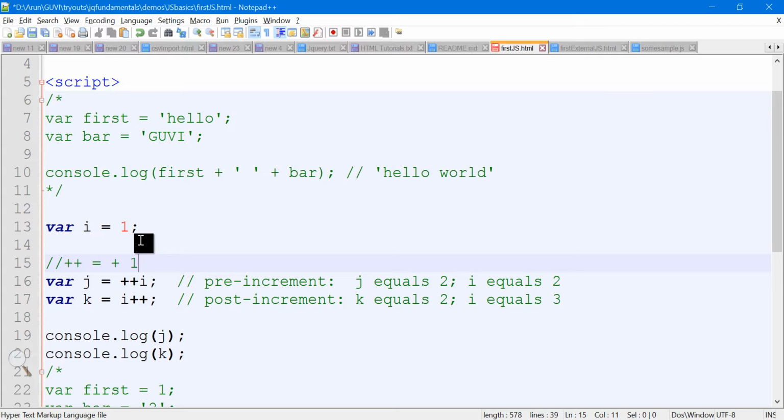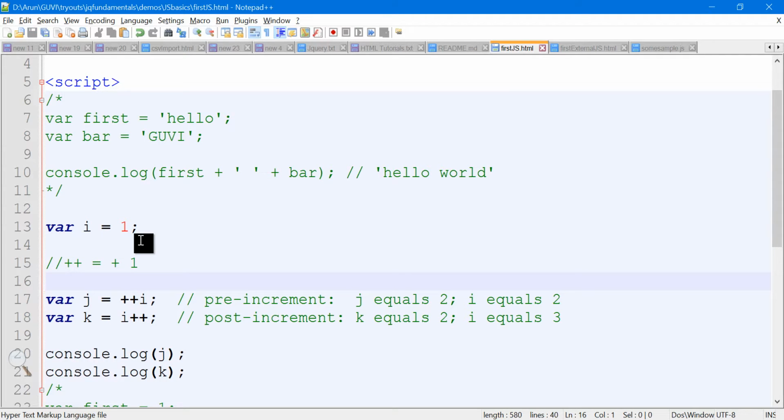So plus plus i means i is already 1, so it goes to 2. So i is 2 now and the value is stored here, so j is having 2. Then it goes to the next statement, i plus plus. So i plus plus first gives the value to k, so 2 is given here, and then it is incremented.